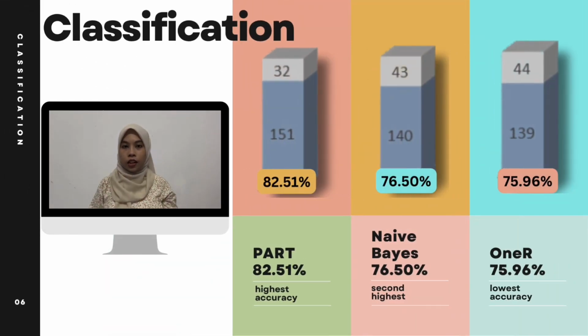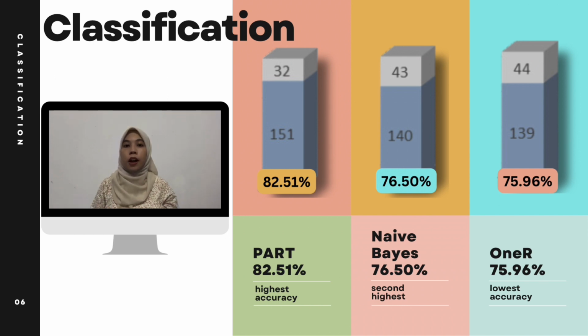For classification algorithm, we identify 3 highest results, which is PART, naive Bayes, and 1R. For your information, PART and 1R are under the rule classification group, while naive Bayes is under the Bayes classification group. From the algorithm, we found that the PART algorithm achieved the highest accuracy among them, which is